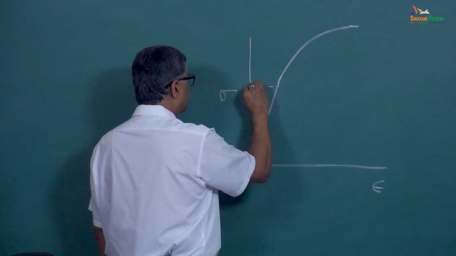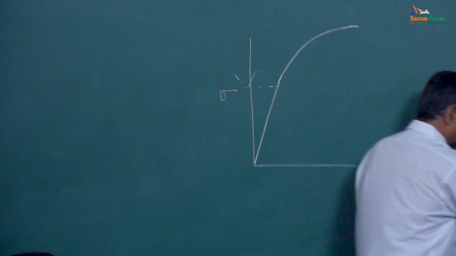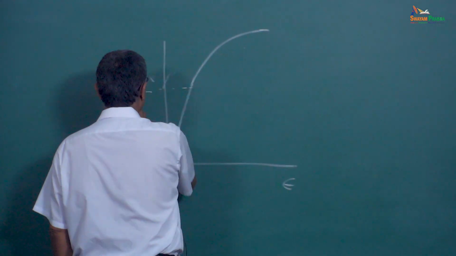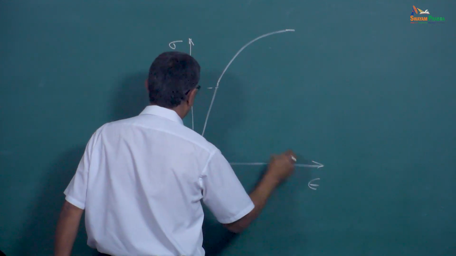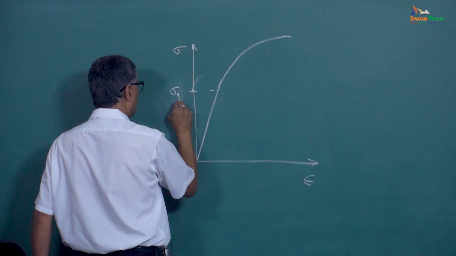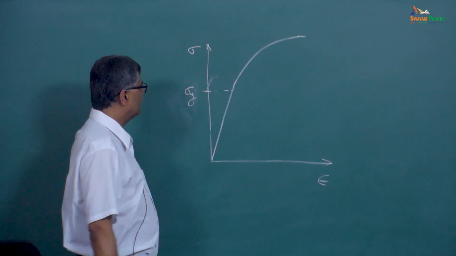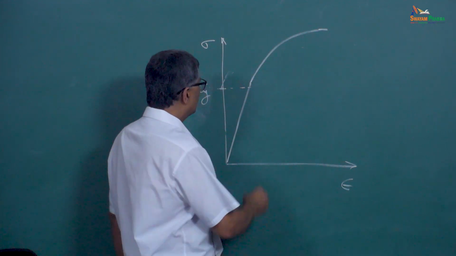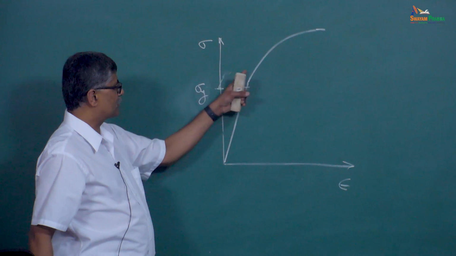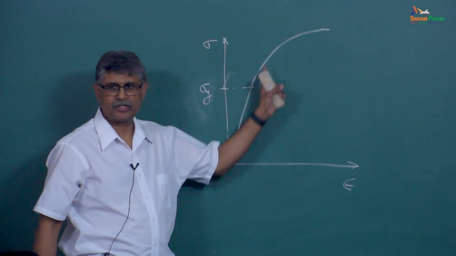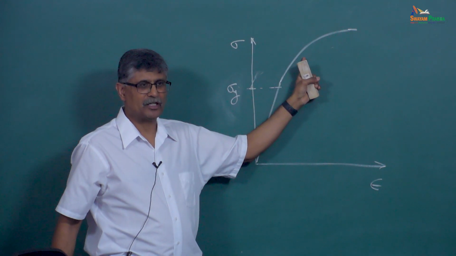But this is what you would label typically as the... let's not use that. I'll use a different notation. Let's call this sigma, that's the stress, and this is the strain, and let's call this sigma y. Sometimes books will say sigma y, yield strength of the material, right? So what is happening past the yield point to this material? The stress is increasing with strain, right? What is this called? Yeah, it's flow stress, but what is this phenomenon called?